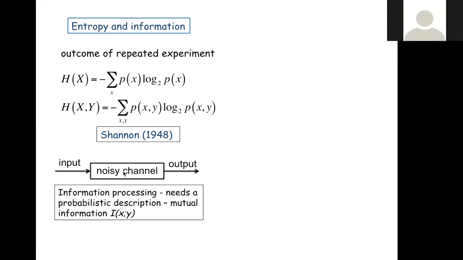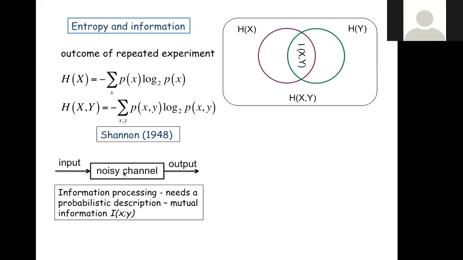And following Shannon, we bring in another measure called mutual information, I(X;Y). So what is that mutual information? We go back to a little basic mathematics again. We have this purple circle which represents the entropy of X, and the green circle, the entropy of Y, and together we have the joint entropy of X and Y, and this overlapped region is the mutual information.